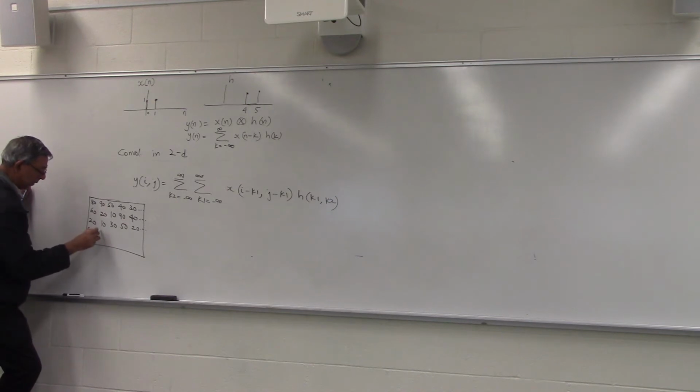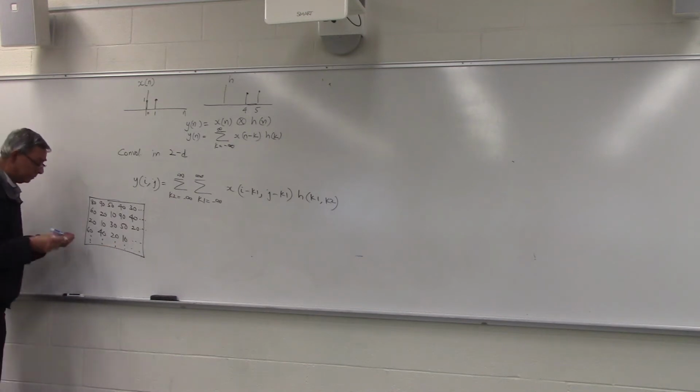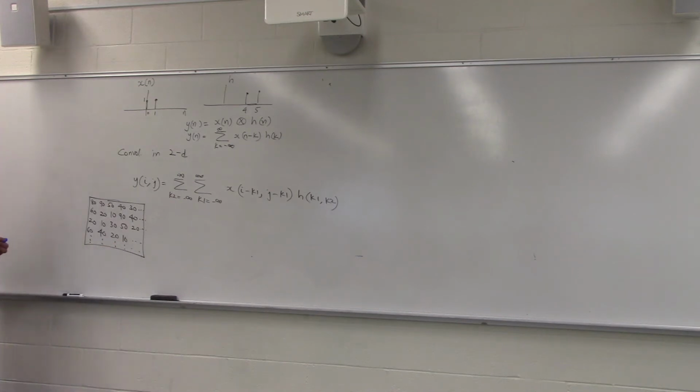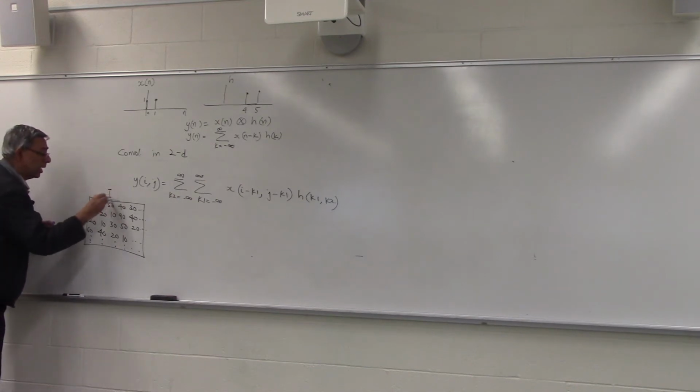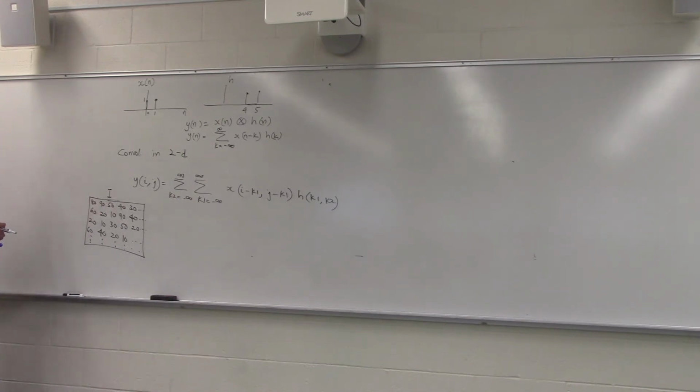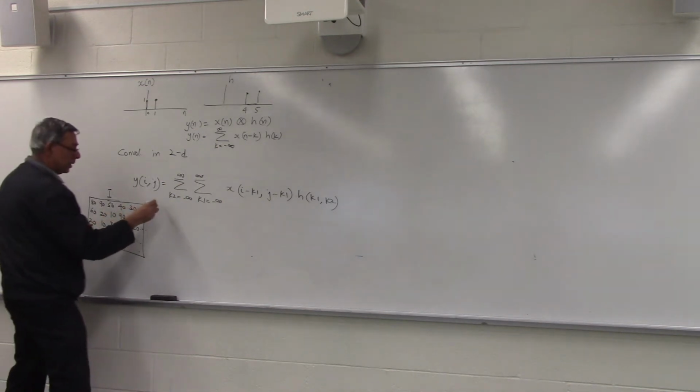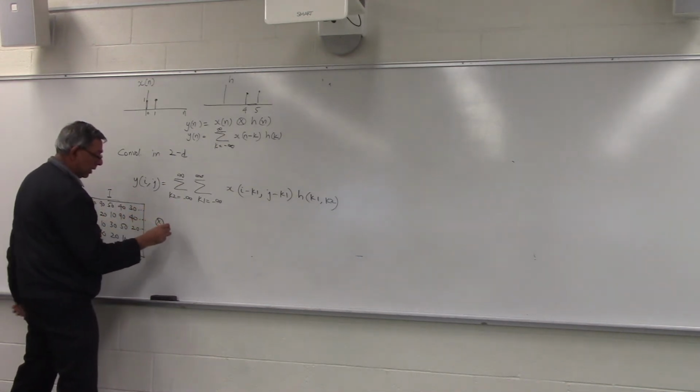60, 40, 20, 10, and so on. So let's pretend these are the grayscale pixel values. Okay. So pretend this is our image I. Okay. And now we want to do a convolution with